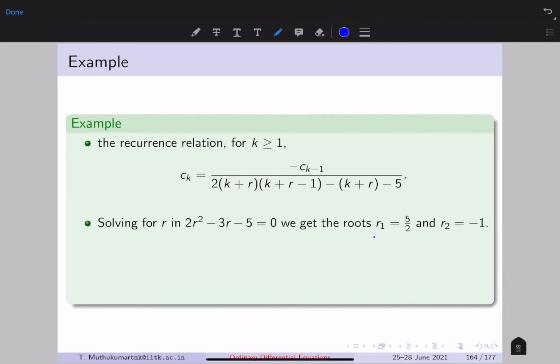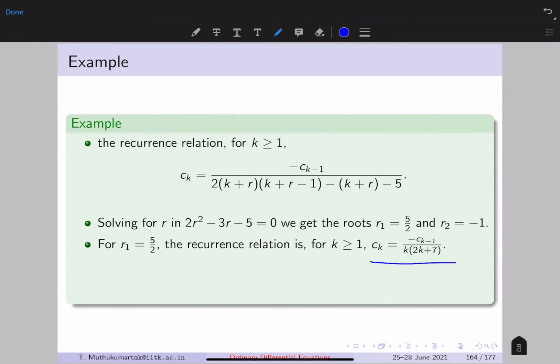So you get r1 equal to 2.5 and r2 is -1. These are the two values that you get for r. Now you use each of these r, because there is a value of r in this recursive relation. So use each of these r separately, then you get two different solutions. That's the idea. So when you take r1 equal to 5/2 in the recursive relation, then you get this